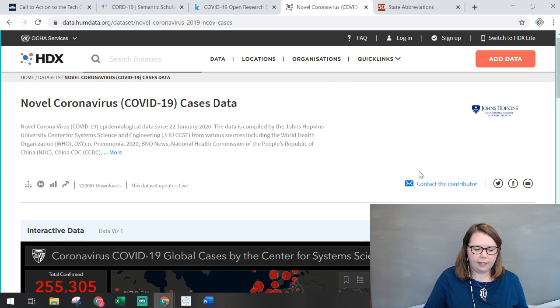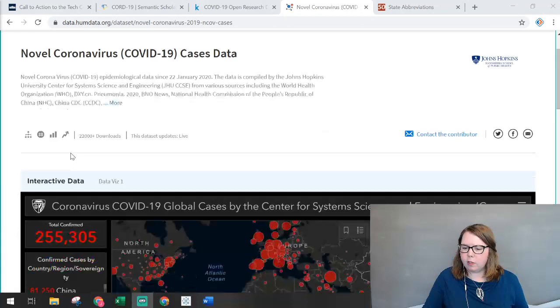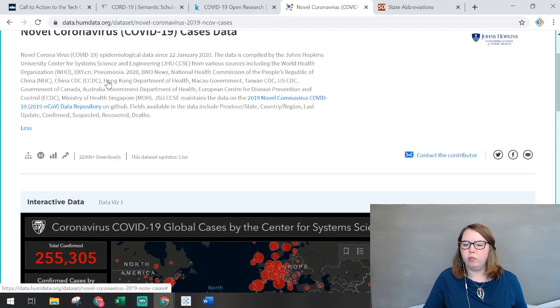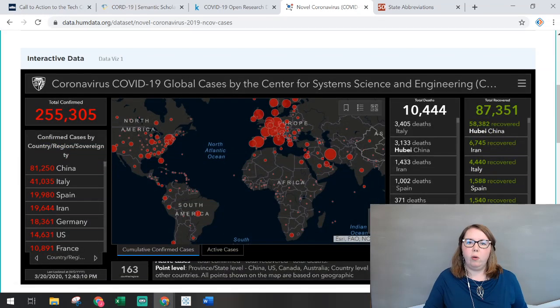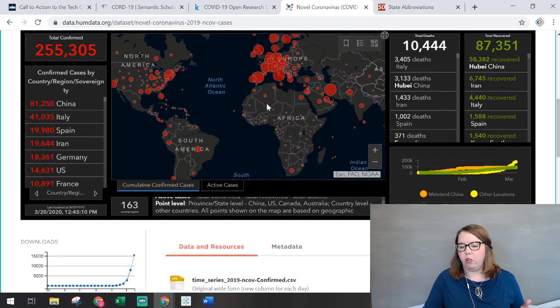Let's look at what that includes. The Johns Hopkins University Center for Systems Science and Engineering group has partly been responsible for gathering this data. They have their own interactive dashboard on this site, so if you go to that page, you can find it. We're going to talk a little bit about the data that's available there. You can see their numbers. When we get through this, you'll notice our numbers are a little different.